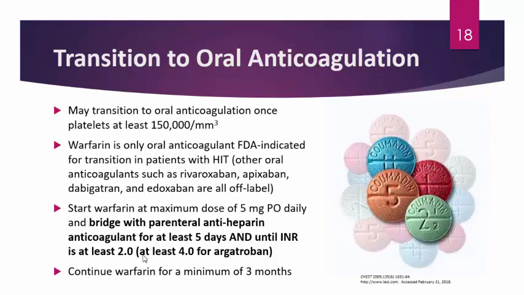And the reason why we say at least 4 for argatroban is because there's actually an interaction that occurs with the thromboplastin reagent that's used to detect the INR for patients. There's an interaction essentially between argatroban and that reagent. So it doesn't necessarily mean that your patient, while they're on argatroban, will actually have an INR of 4 within their body. Actually, if you stop the argatroban and measure the level of anticoagulation in the patient a few hours later, it may actually be closer to 2.0.